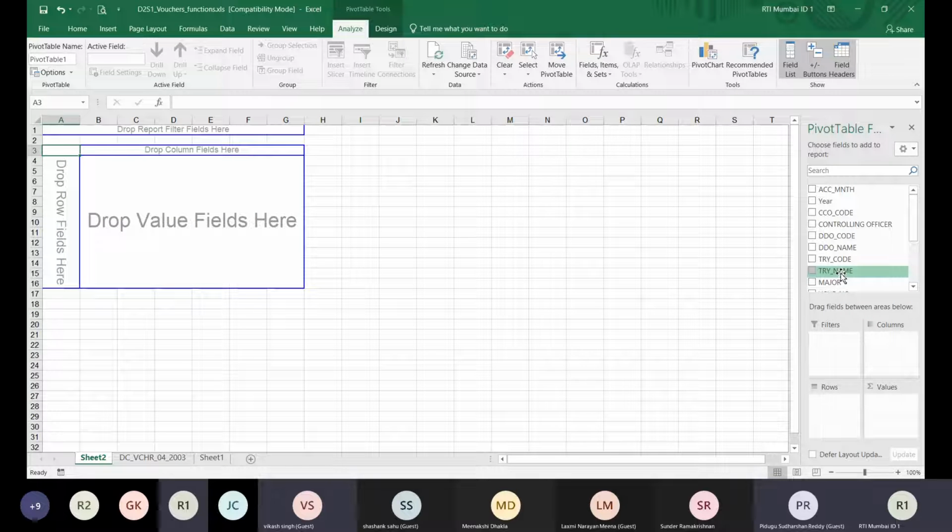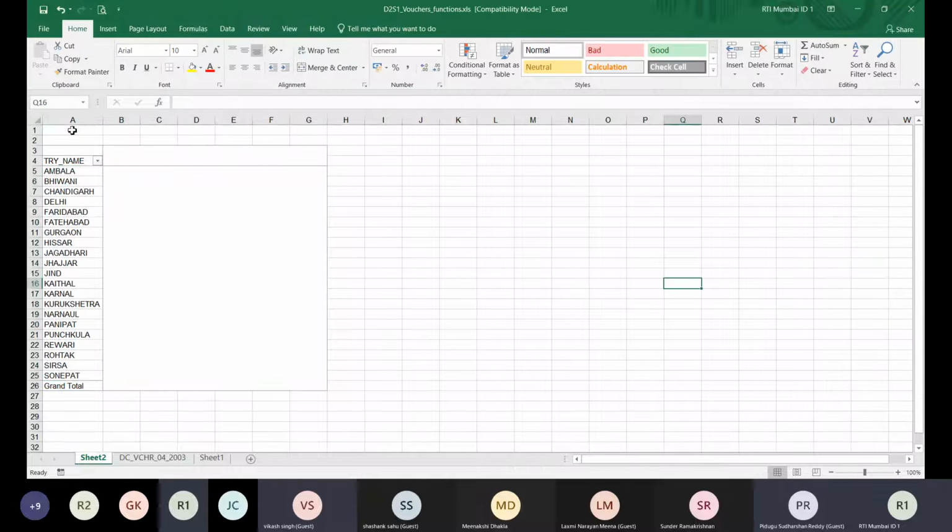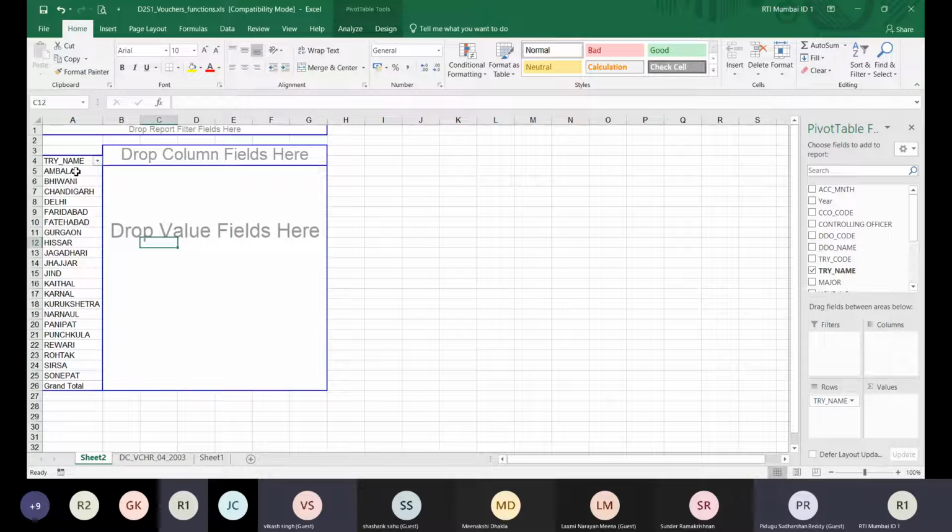Here say we are having treasury name. So if I take treasury in the row, as soon as I drop this treasury into row, what happens? All the treasury names, unique treasury names, that are there in the database will come. So if for any particular treasury, for that month data is not there, then that name will not come. It will be a unique value of that particular treasury column. So when you are putting the treasury column, unique values are shown here. Now I am telling that take the unique values of the treasury name and